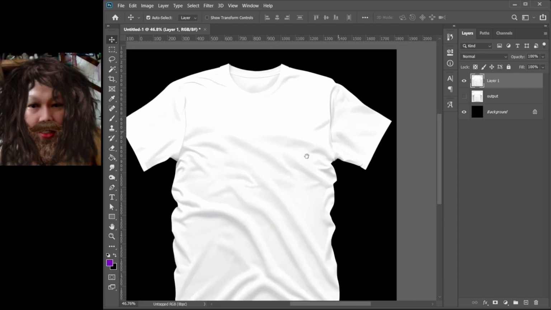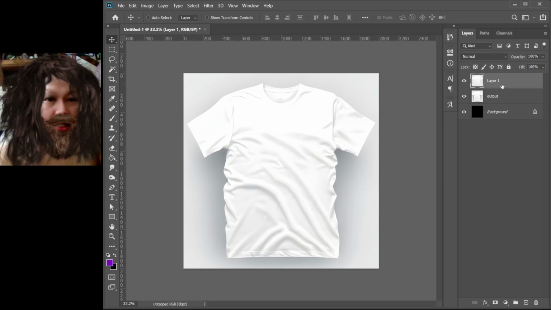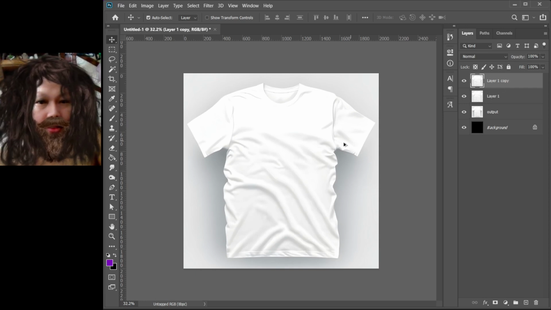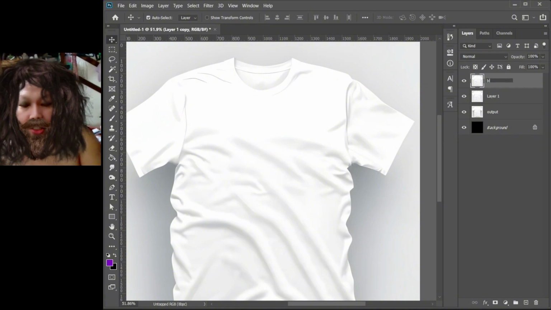So right now this is the duplicate white shirt. Make another. This one white, and one we will make black, and change here to black.